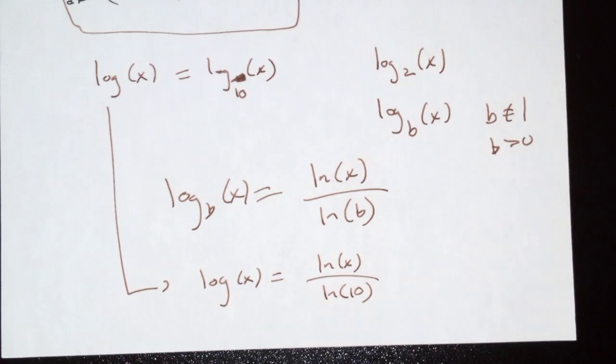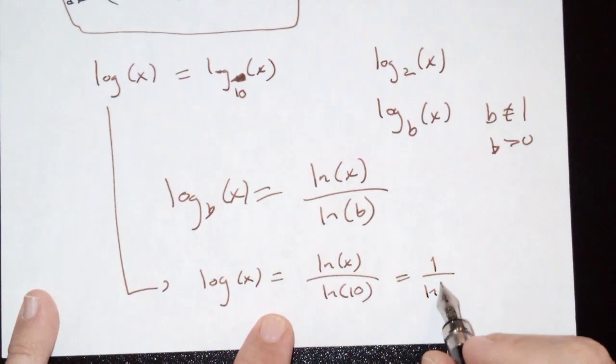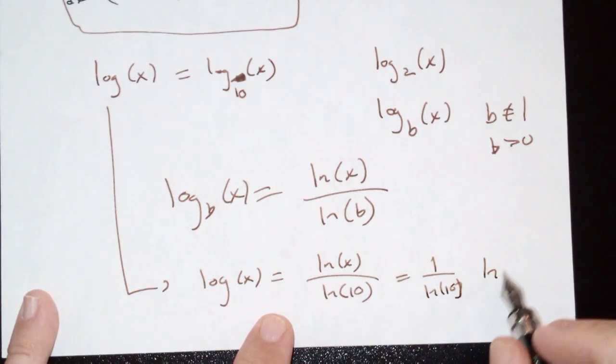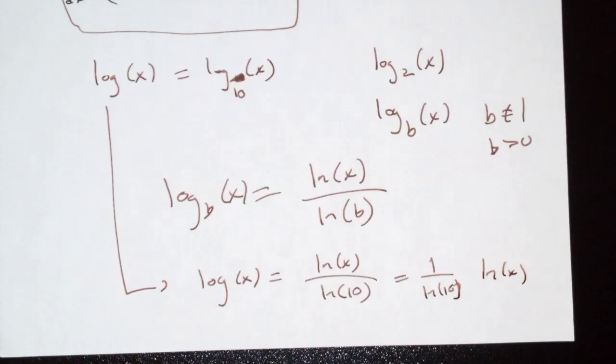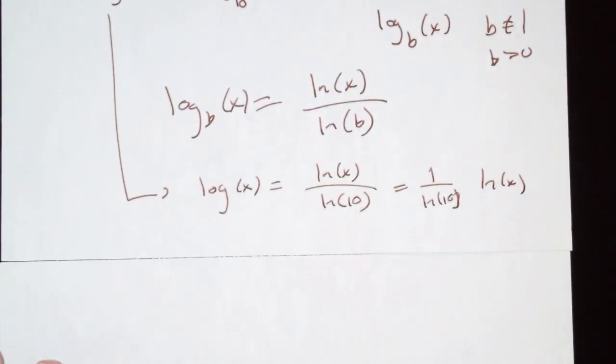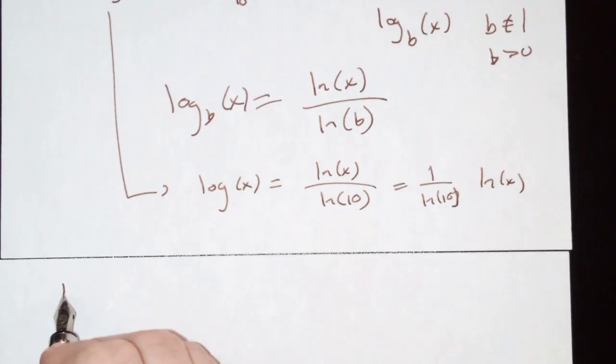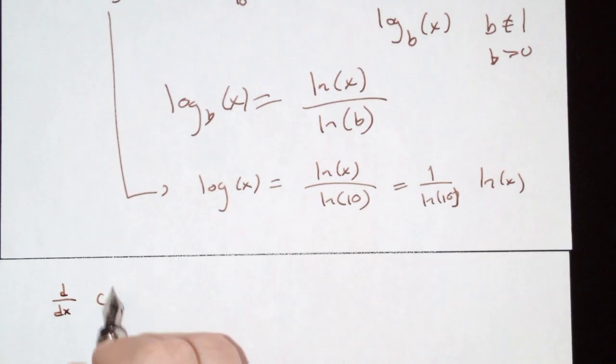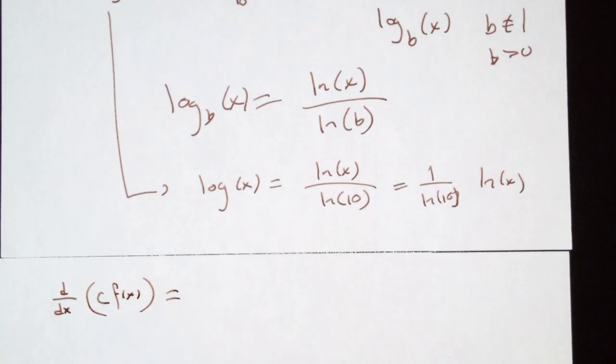Some crazy number, right? But it's a number. So I could think of this as 1 over that number times ln of x. I separate the number from the fraction, which makes this a coefficient, doesn't it? Like it was a 5 or a 2 or a 17. And when you take the derivative of number times function, what do you do with the number? The derivative of number times function is